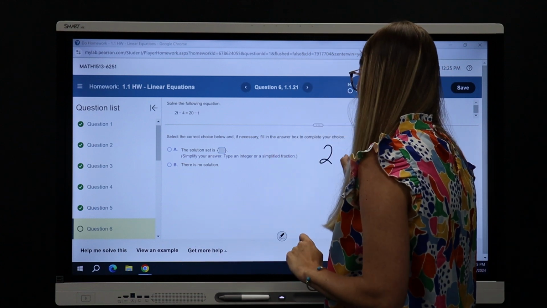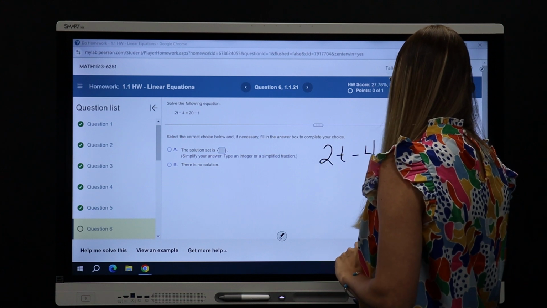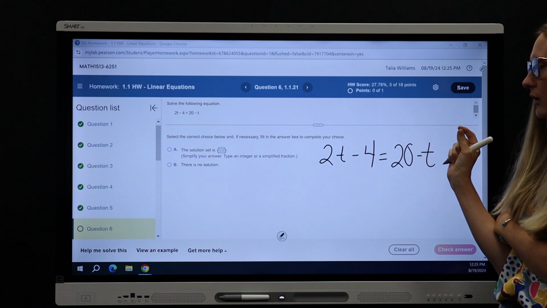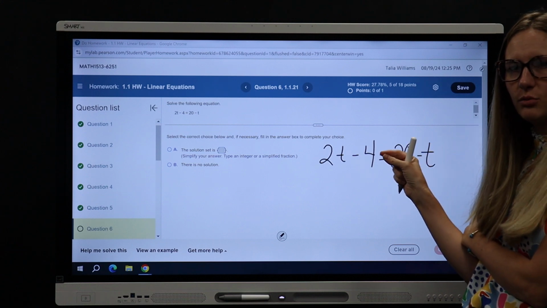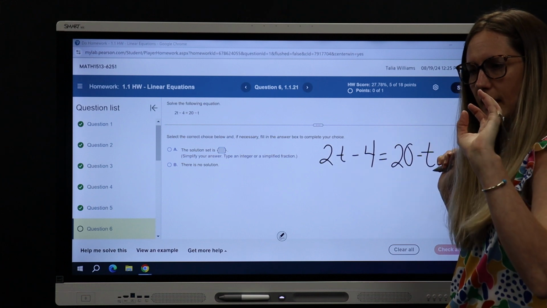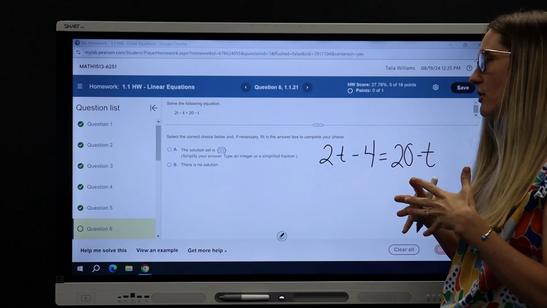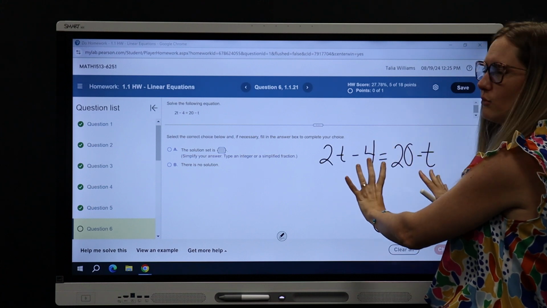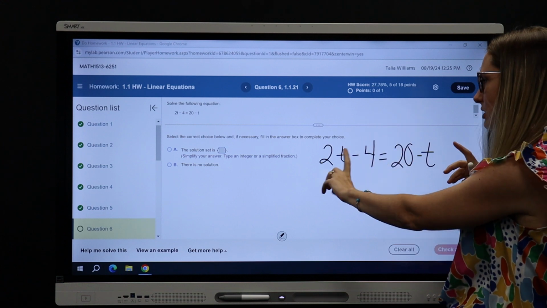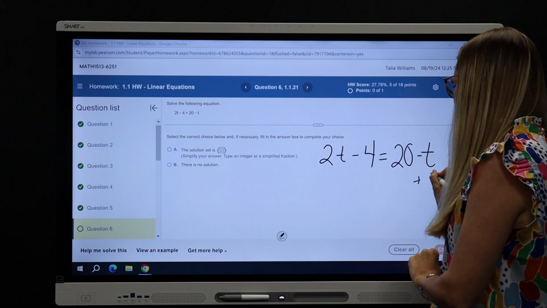2t minus 4 equals 20 subtract t. Okay. I always want my variables, like the last problem, there wasn't anything on one side, so I went ahead and subtracted the 3t, which gave me the negative letter. If it's like this though, I always want to have a positive letter. So I'm going to take whichever one is less, like 2 is more than negative 1. So I'm going to add this t